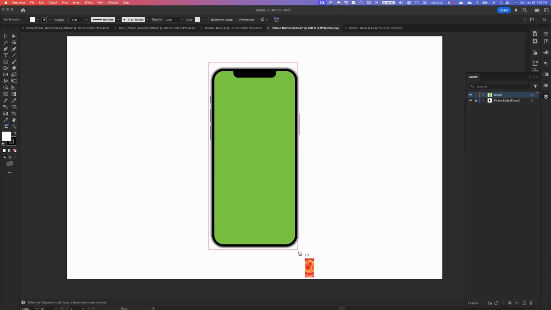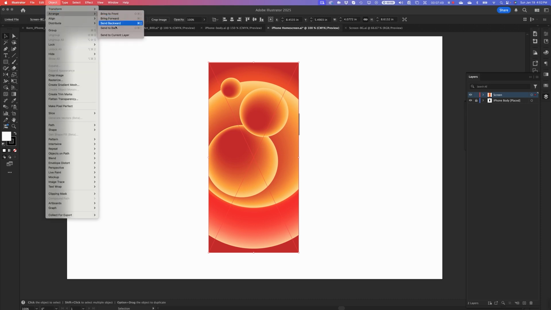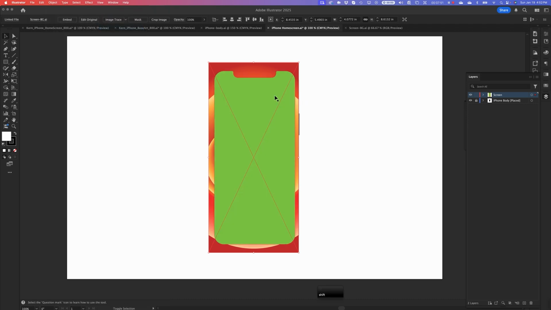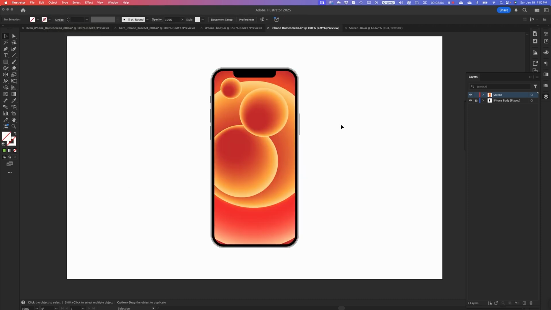Place it, and I'm just going to kind of draw it out here to be roughly the size I want. I'm going to send it to the back. Object, arrange, send to the back. I got that screen selected. I'm going to select my screen outline. Object, clipping mask, make. And here's my